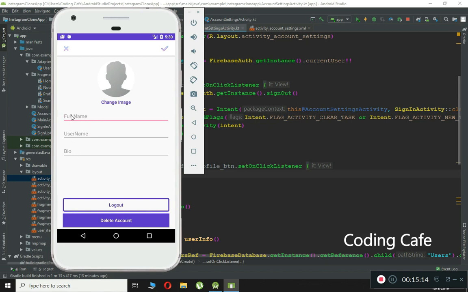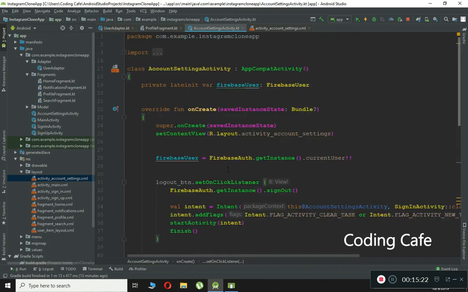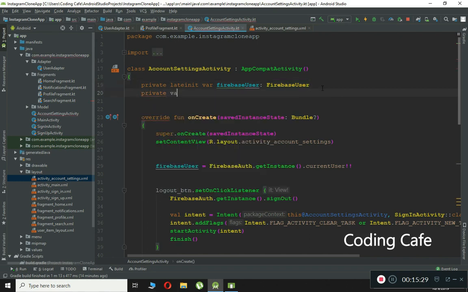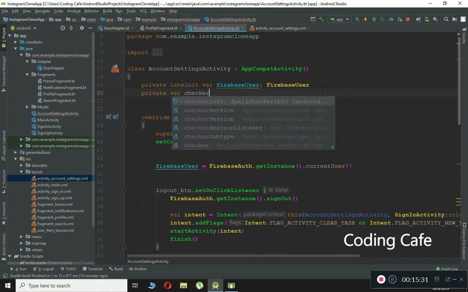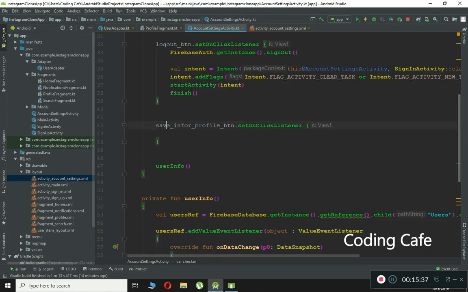I mean this textual information, that is the full name, username, and bio. So for that, we have to differentiate between these two cases. So how can we do it? All we're going to need is to create a variable for it. So we can say here private checker equals to, let's initialize it with null, and when a user clicks on this button, which is save information